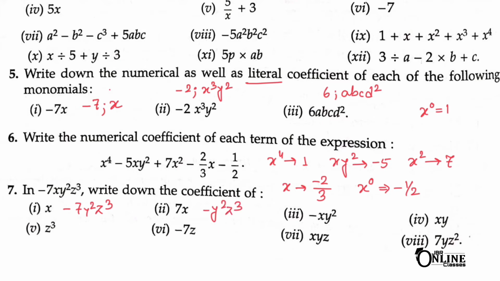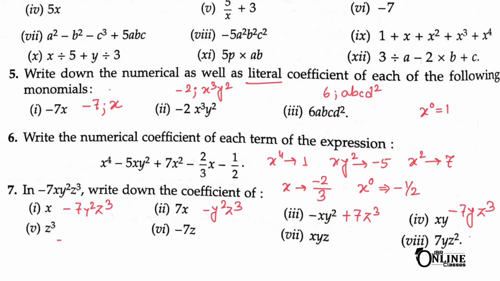It's very easy. Next one here minus xy square. So xy square will be cancelled out. So remaining term 7 and z cube. That is your answer. Okay. So it will be positive because minus will be here. Now next one xy. So x and y will be cancelled out. So your answer minus 7, then only one y and z cube.